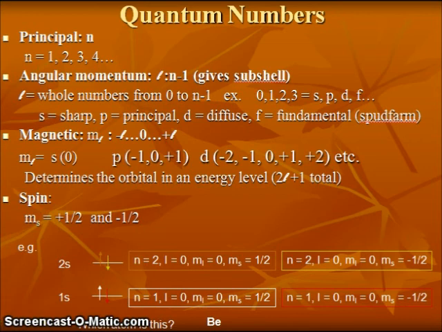Finally, we have the fourth quantum number. The spin quantum number gives us information about the actual spin of an electron. Think of a top, either spinning clockwise or counterclockwise. Now for electrons, we refer to their spin as either being spin up with a plus 1/2 or spin down being a minus 1/2. This is indicated here with either up arrows for spin up or down arrows for spin down.